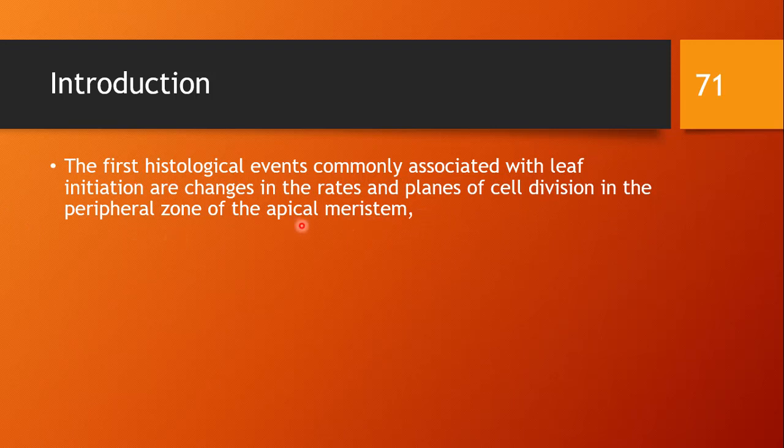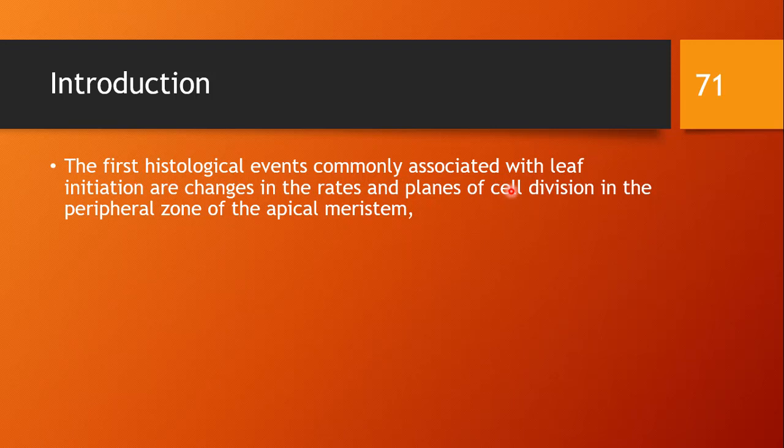So here we are talking about how leaf development initiates, how it starts. The first change occurs in the rate of cell division. So at what rate the cell division is proceeding, whether the rate is higher or lower. That is the mark or indicator which shows whether leaf development has been started or not. And the second is the plane of cell division,